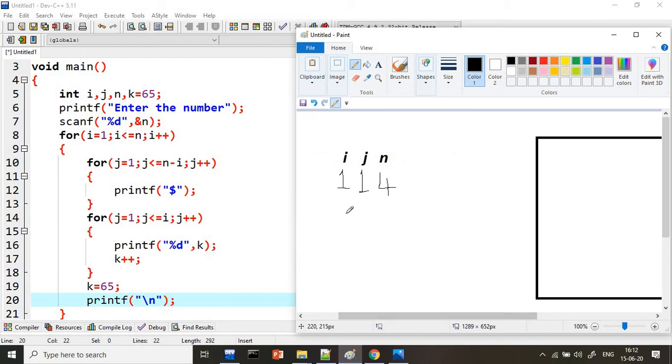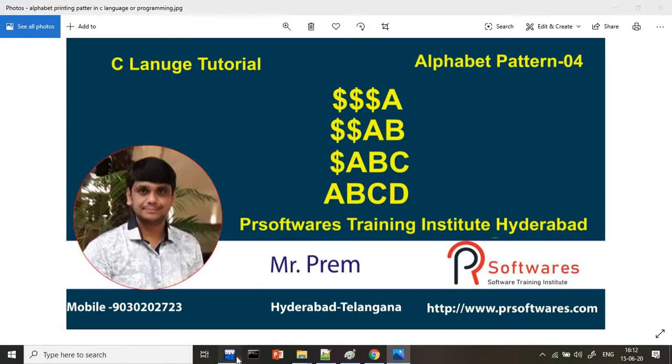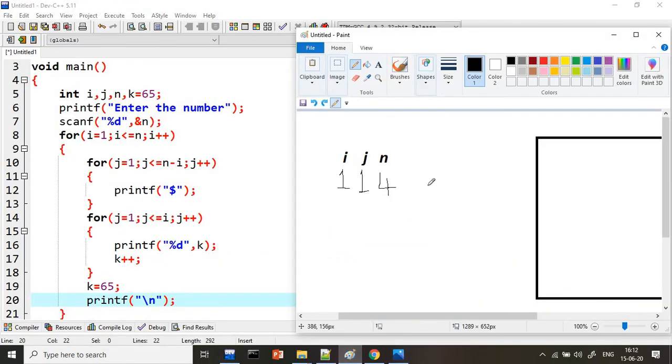Okay. i value is what? Initially 1. i value initially 1. So 1 less than or equal to n value, we are considering 4. Why? Because in our diagram I gave 4 rows. So that's why I am considering it as 4. Now 1 less than or equal to 4, condition true, it will come inside. Here j value will become 1. 1 less than or equal to n minus i. n minus i is nothing but, guys, 3. So right now this condition value is 3.